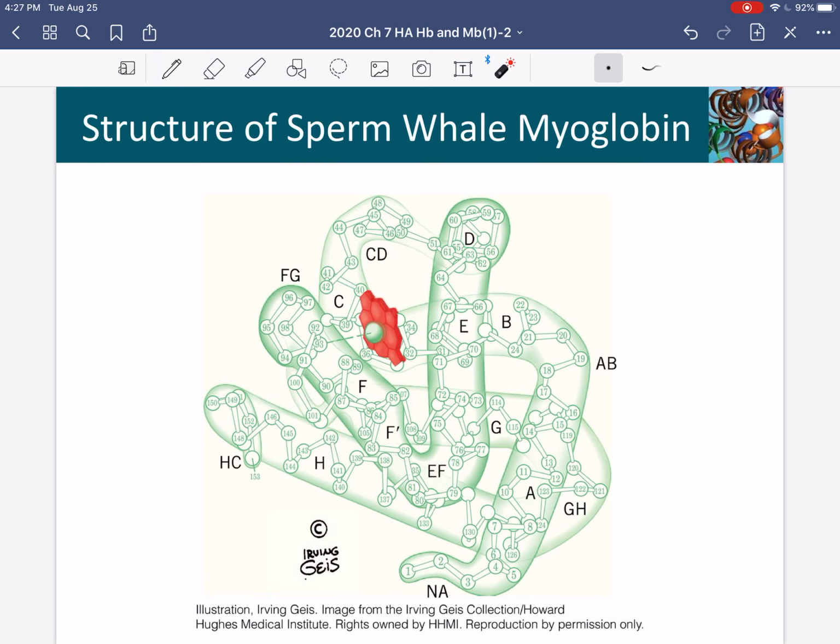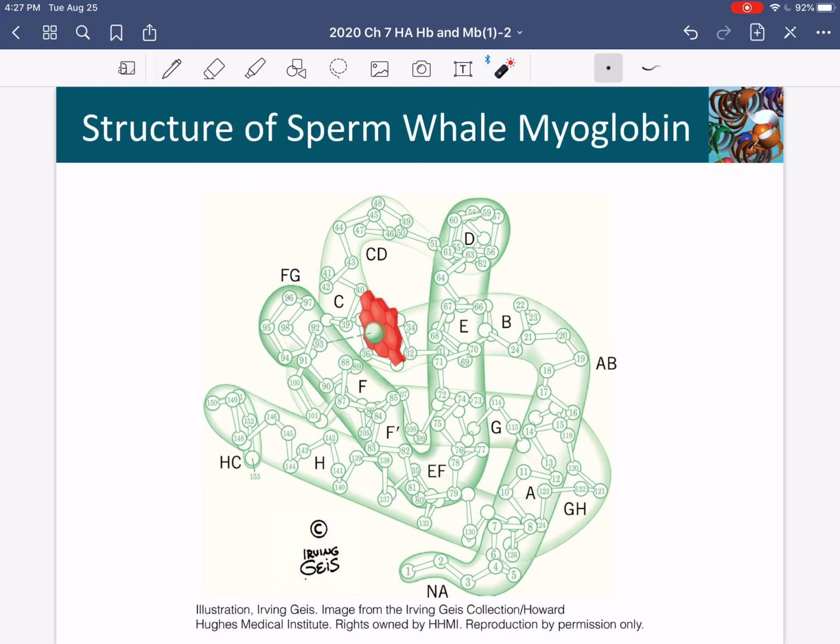All right, so this is myoglobin. This is another Irving Geis drawing. He's my favorite scientific artist. And what you're looking at in Irving Geis's beautiful drawing is the nomenclature for labeling parts of the fold of